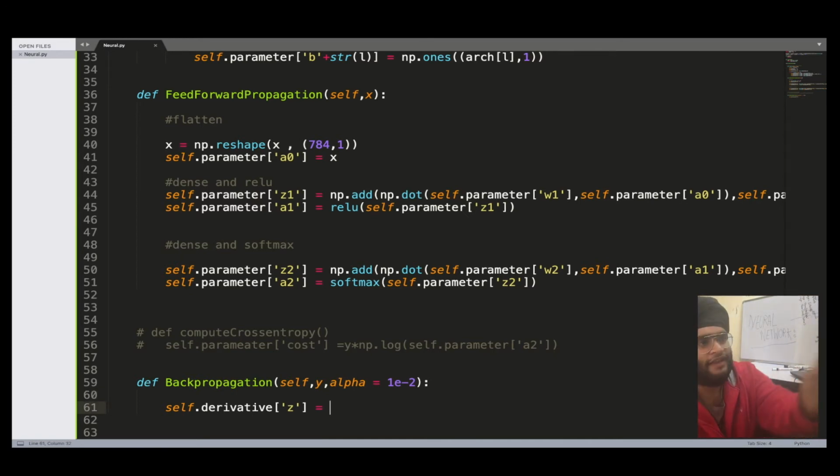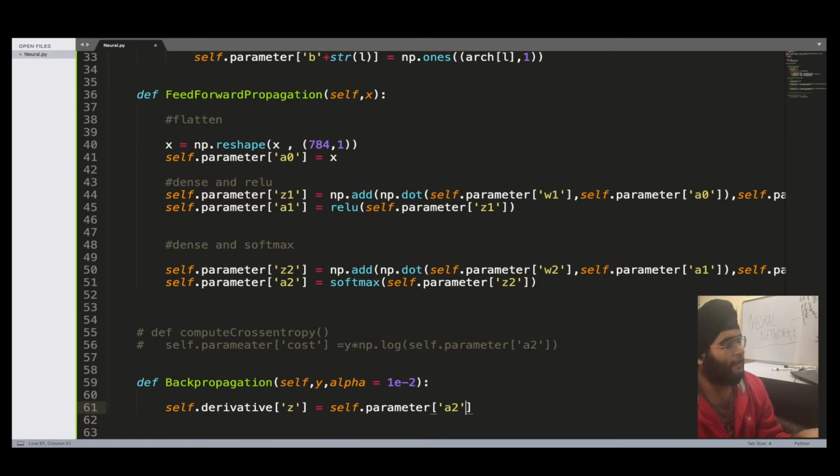Okay. So what I will tell you is we have y into numpy.log. The cost function is dependent on the activation value, and the activation layer is dependent on z, because we are using a ReLU function on z. So if we are taking a derivative of cost with respect to z, we first take the derivative of cost with respect to activation, and then activation with respect to z values. So if we solve everything, we will get something like self.parameter